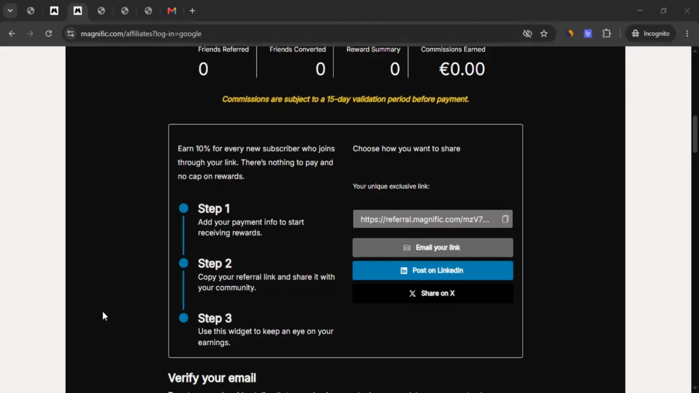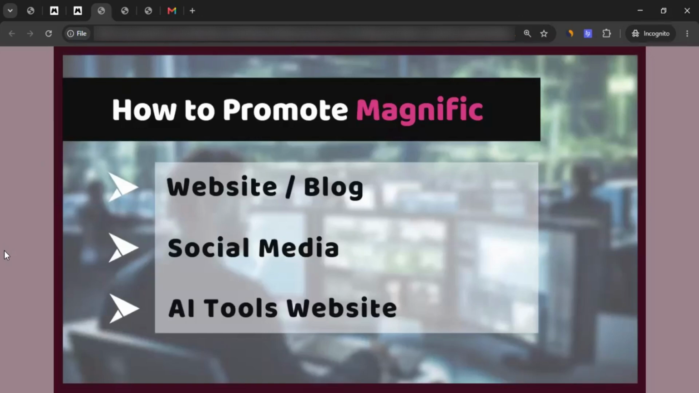Alright, so you learned how to sign up for the Magnific or rather Freepik affiliate or refer and earn program. The next question arises, where can you promote them? There are many ways, but still I'm going to cover a few. One way is a website. Doesn't matter whatever kind of website you've got, you can promote them maybe on your homepage,